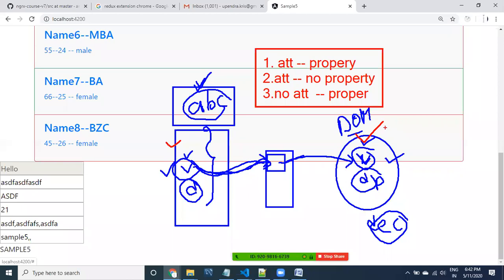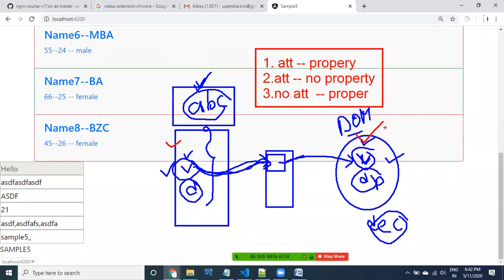So don't think attribute and property are the same, because you can bind any value to the attribute separately. If you want to bind a value using the HTML attribute, you can, or if you want to use the property, you can use the property to bind any value.